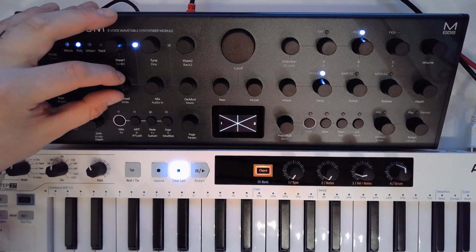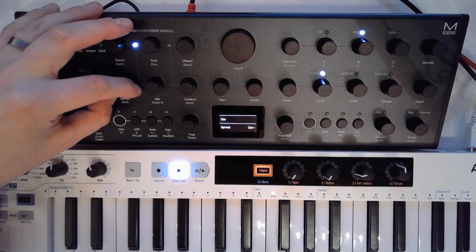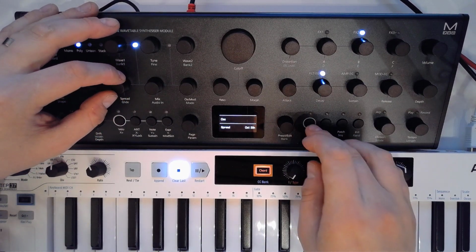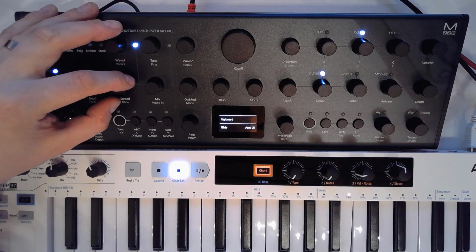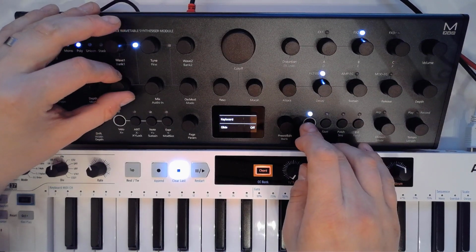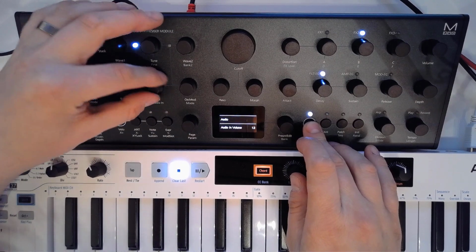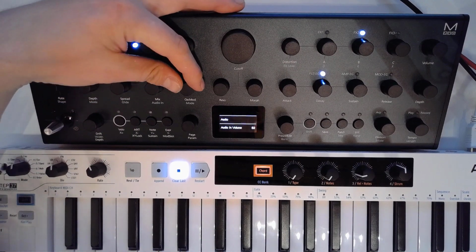You can also play with spread. And of course you can do things like glides. I'm not a big fan of glide, if you ask me, but that's just me. You can also set the audio in and the level for that. And then you get to your oscillator modulation,